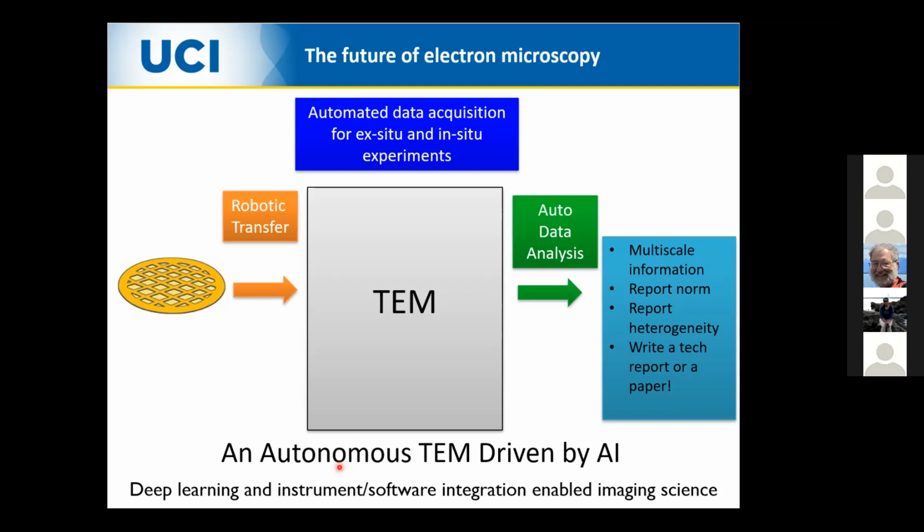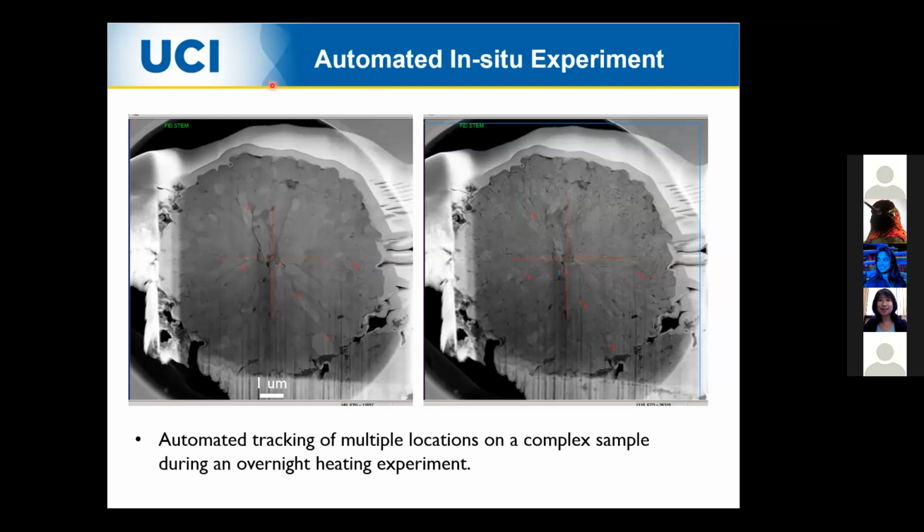And of course, we're currently in the state where we have deep learning, which is the weaker framework of artificial intelligence. To fully achieve this might be very difficult. I'm going to come back and talk about why it is a slightly more difficult problem than the autonomous car in the next few slides. So here are some of the automated in situ experiments we have already been trying, and